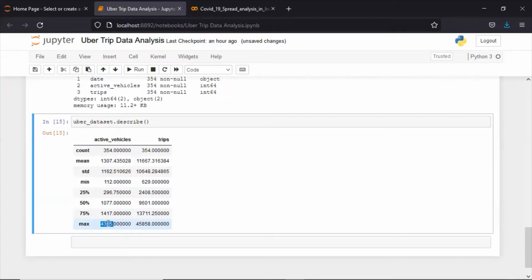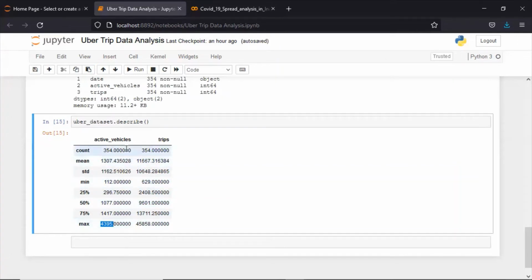So the 25 percentage, 50 percentage, 75 percentage will give you what actually the 25% record in this total data is, what the 50% record is, what the 75% record is.